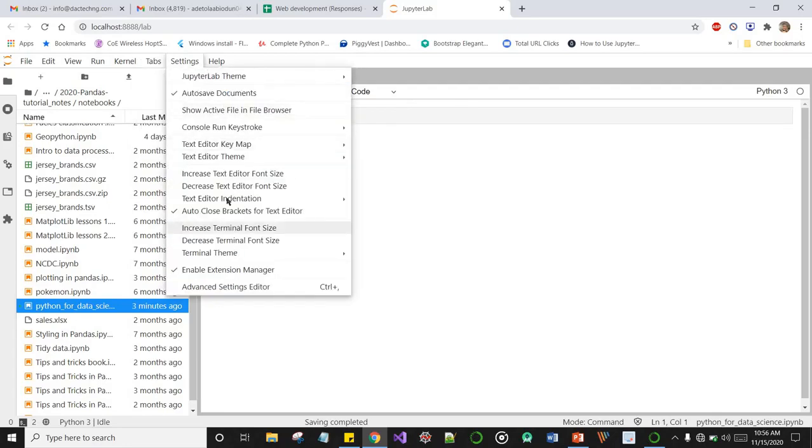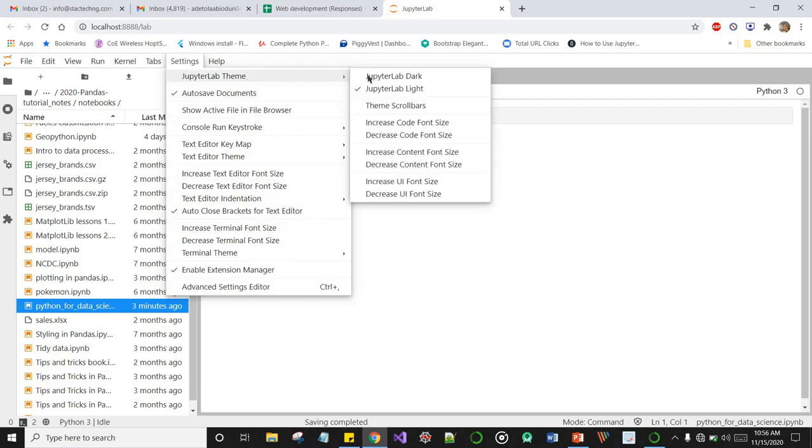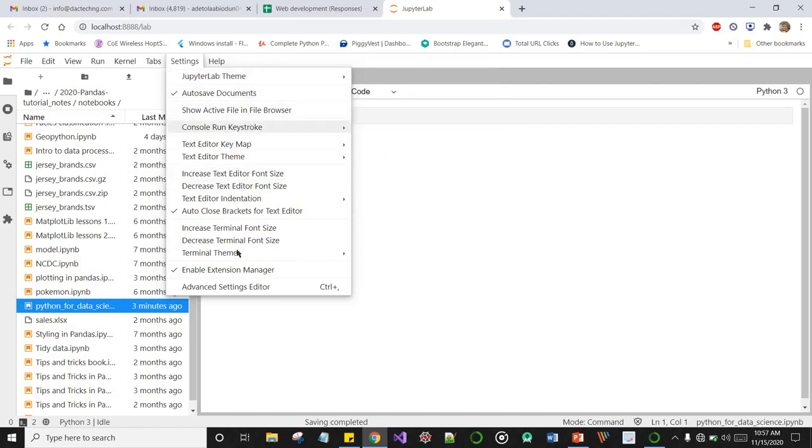Another setting has to do with the general settings you have in your Jupyter notebooks. You might want to change the theme of your notebook to dark or light. I prefer the light version for Jupyter notebooks. You might just in your spare time want to play around with all these options here, to get a feel of how your Jupyter notebooks work.